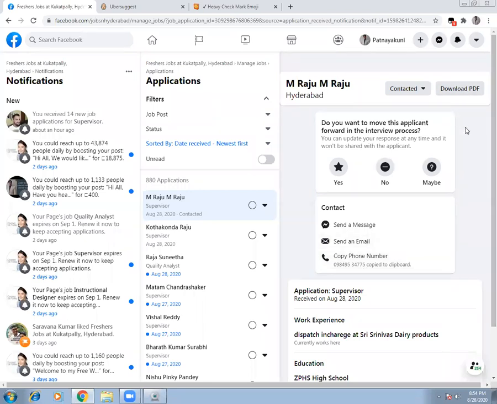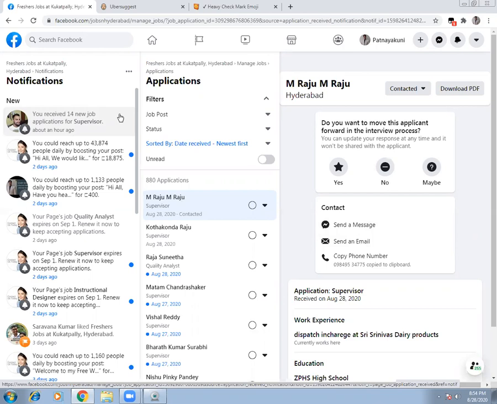I don't need to have a separate database. I don't need to give my email ID for them to share their resume. I can save space on my system. And this is what very few recruiters know. If you are planning to do an MBA in HR and want to get into recruitments, this way you can make your recruitment very easy just by sitting at home, posting ads, and when people create a database, I will use this database and give them an option, and when they get selected, they will like my page and it gets highlighted.